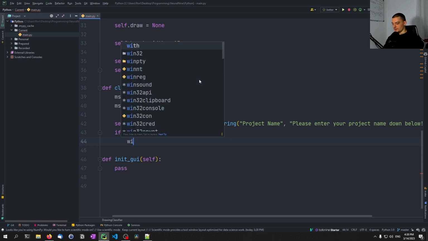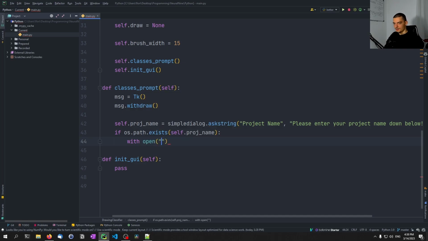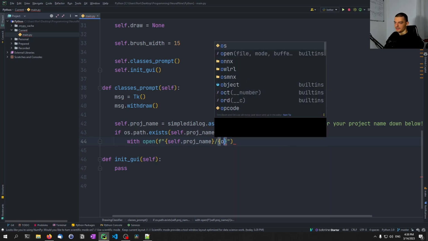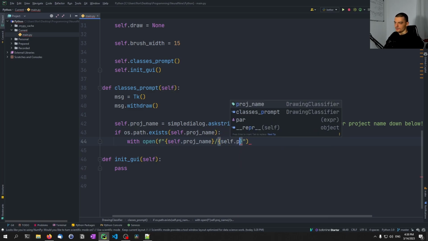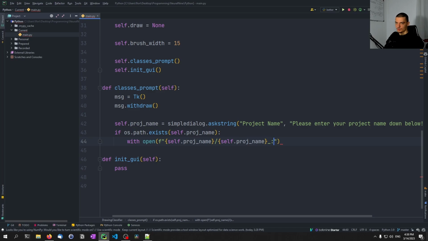Then we're going to try to open the following file, an f-string, with self.project_name slash, and then again self.project_name_data.pickle. We're going to open this in reading binary mode,